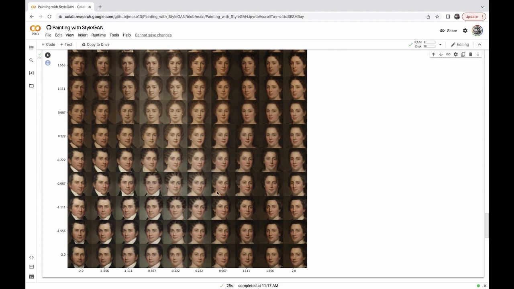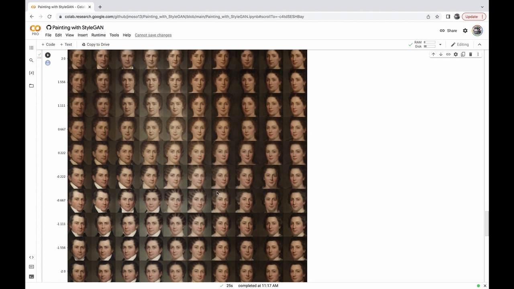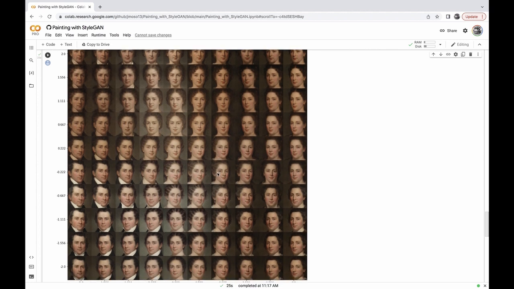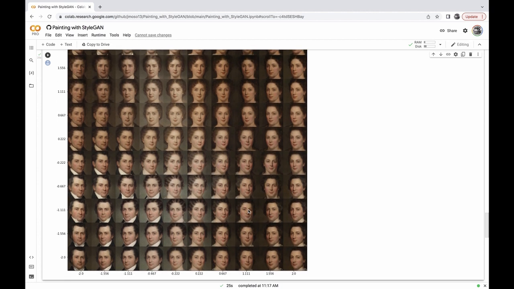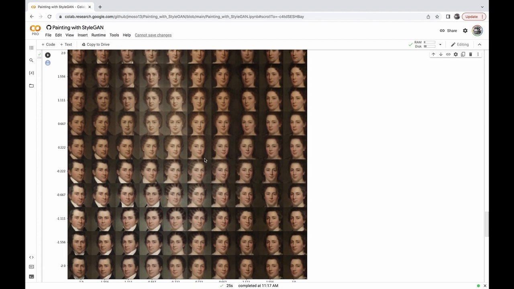So yeah, what you can see is a really interesting array of different faces that somehow are near each other in the StyleGAN latent space. But you can see they're not very varied, right? They are all kind of old white looking people. So